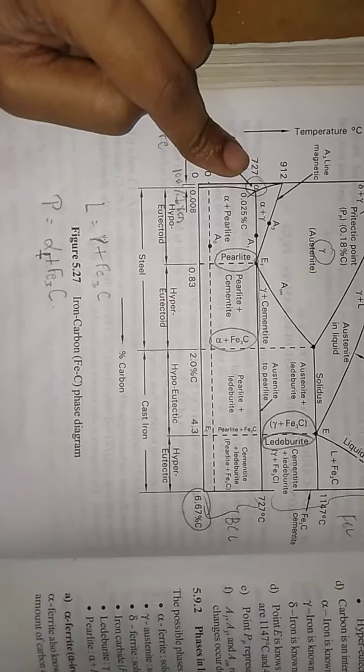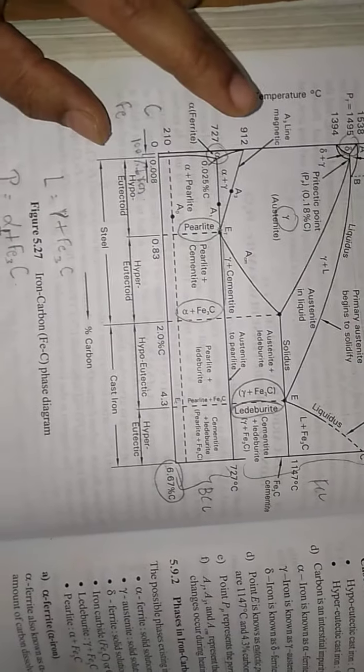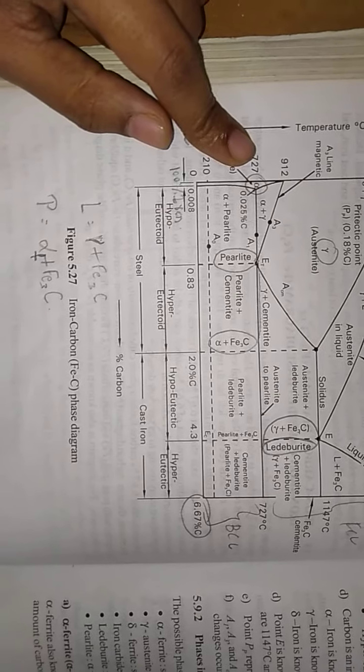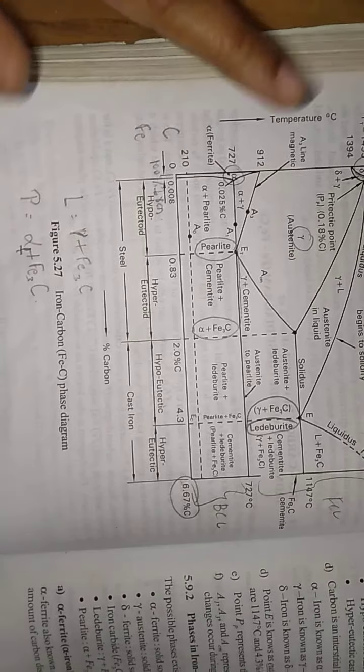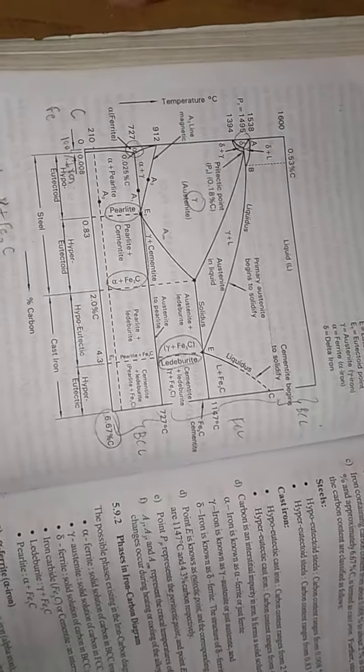Okay. This particular phase, alpha ferrite phase, it is the most soft structure of this entire diagram, and this phase is what is responsible for the magnetic properties that you can see in steel and cast iron. Okay. And this phase has BCC structure. Okay, hope I made you clear. The magnetic property that you see in steel and cast iron, it is because of this phase, alpha ferrite phase. So this phase makes it magnetic. How and what are all those microstructure calculations, all those things you don't have, luckily. Okay, you just need to know the phase and its properties.